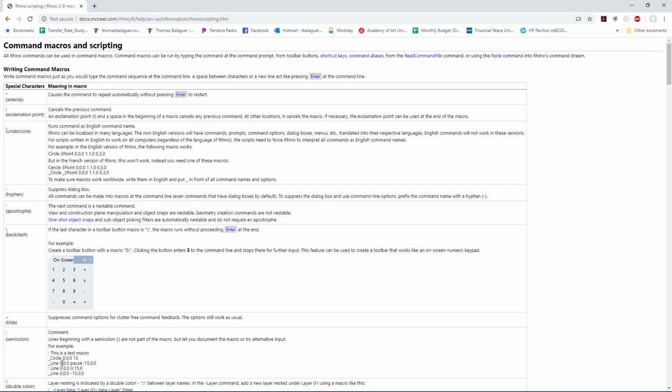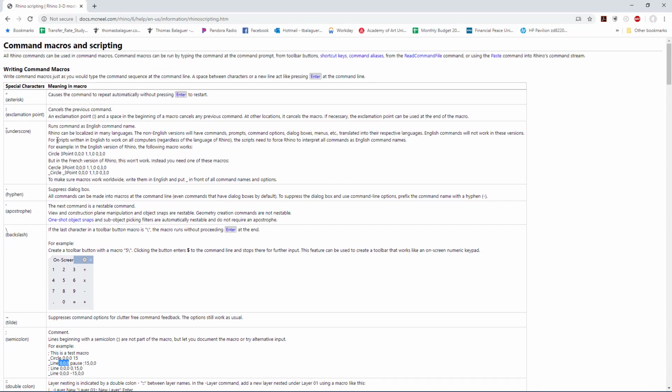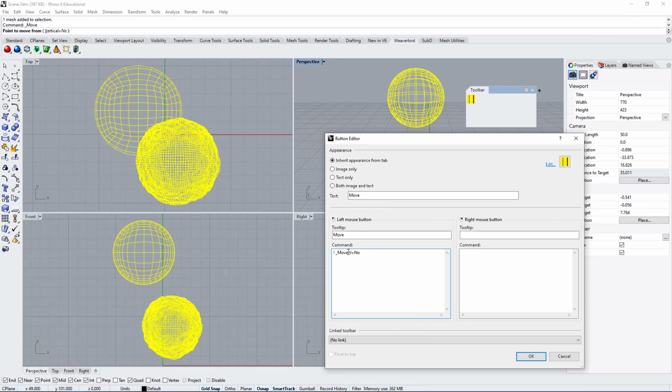Now, if we want to use a setting, it says, okay, here you're doing multiple things. You can use a semicolon to define a point, and then you can set up a space. So apparently, if you do have a space, it will move forward with a command. So let's try having it as it is. So we're canceling whatever is in the command line, and then we are inputting the command called move, and then there's a space, which means the next thing we're doing is setting the vertical to the option, and we want to switch it to yes.